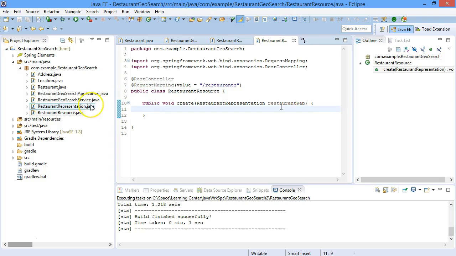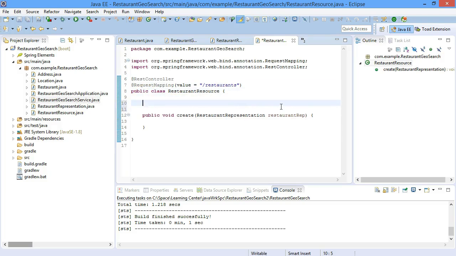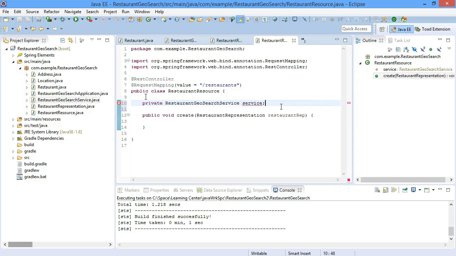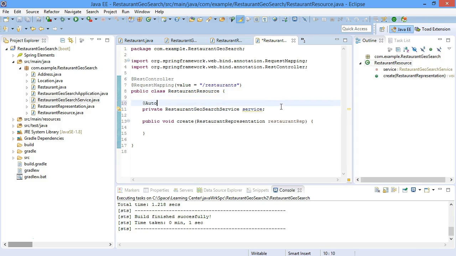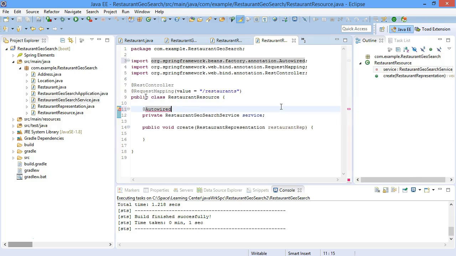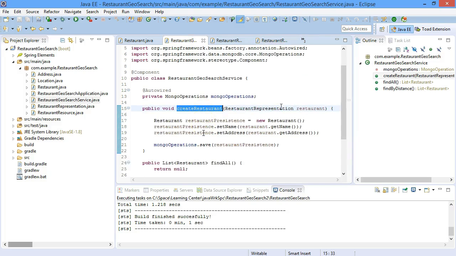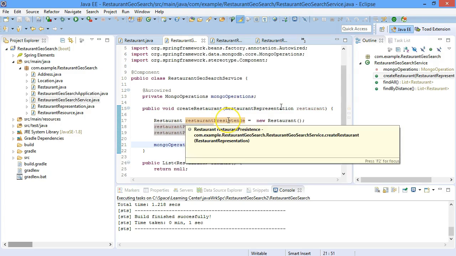And since the restaurant geo search service is a Spring component, it can be autowired within this class, which is exactly what we are going to do. Restaurant geo service, and autowire it. So we have an instantiated and initialized service class object, and using the service class object we will call create restaurant and pass in the restaurant rep, and in turn this will create a restaurant entity within our restaurant